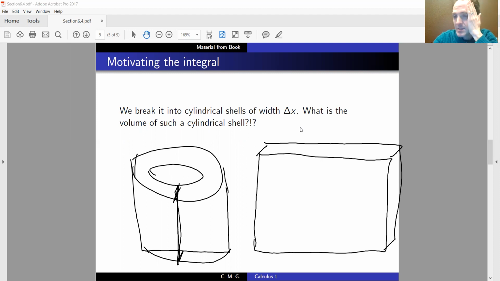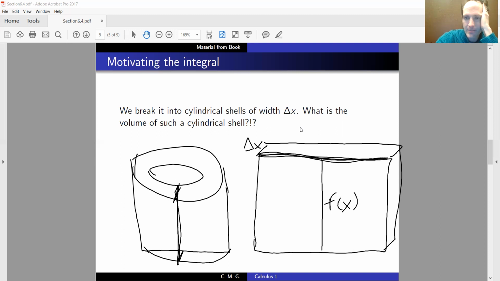And I can tell you some stuff. So I know that the height of this thing is given by the function that I'm looking at. The width of this thing is delta x. And now I'm just left with what's the length of this thing. Well, the length of this thing, that's kind of tricky. But what I'm going to do is use the length of this one side of this thing. It's the circumference